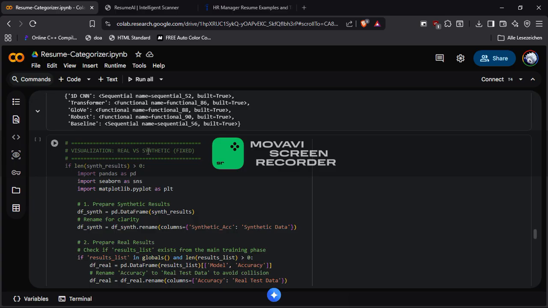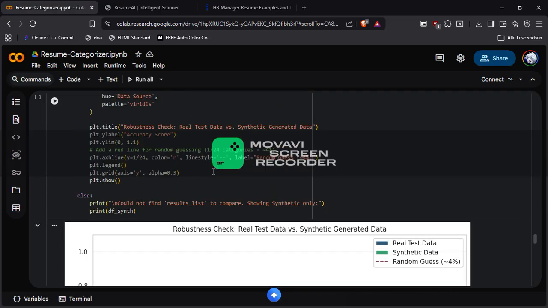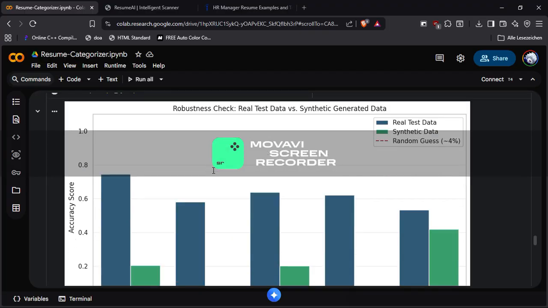But still, we're facing an issue. So I made a synthesized data set, which is not a good idea to train your model on, because it's not a good classifier of what is out there, what represents the data. But I used it just to have an idea of how it would look if someone submitted their own resume. So I synthesized a bunch of keywords based on each category, and we compared the real test data versus